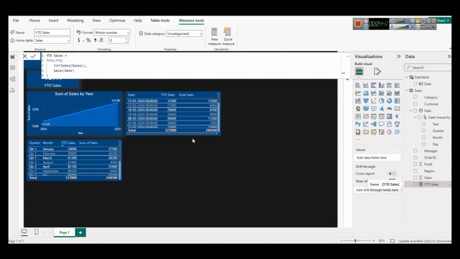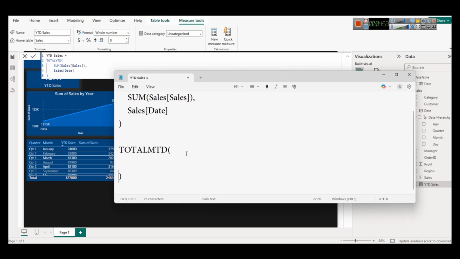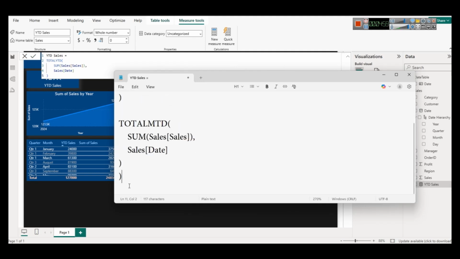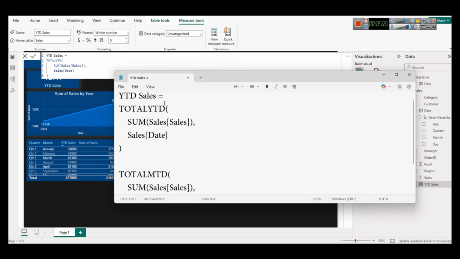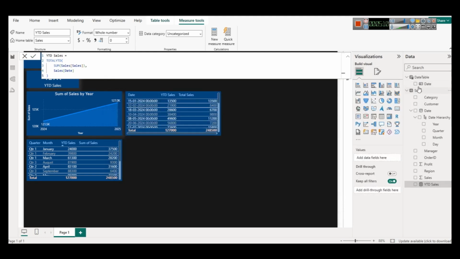As we created total YTD, we can simply copy that and just write total month to date, and we will select the other part as same. So this is going to be total MTD, and here we are going to call it MTD sales, month to date sales. And in this table we will create a measure and say